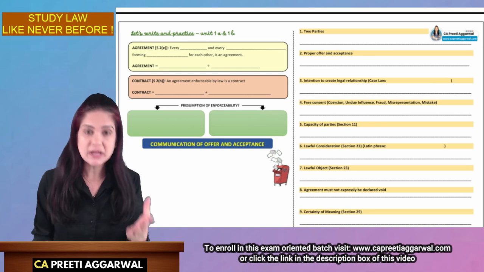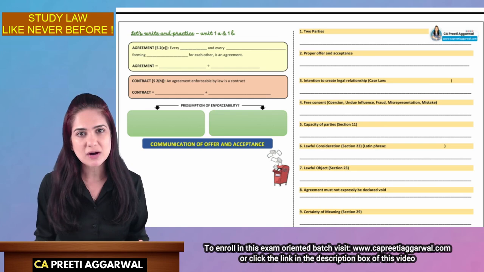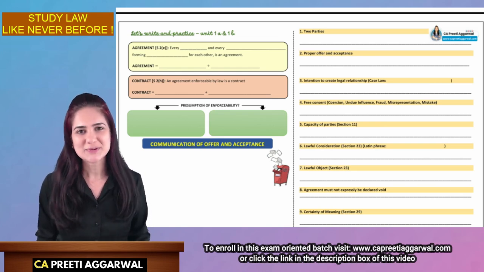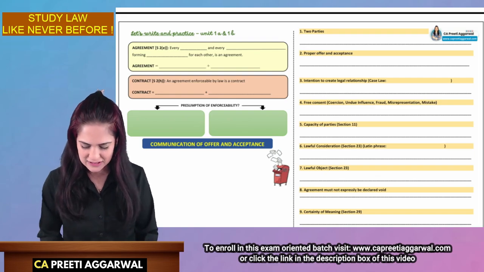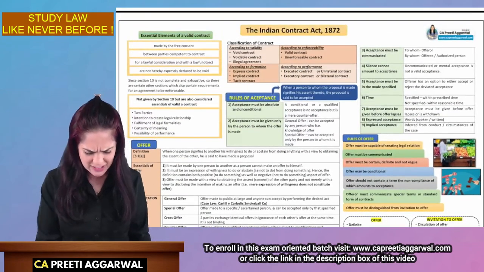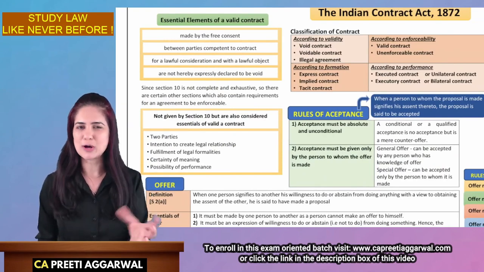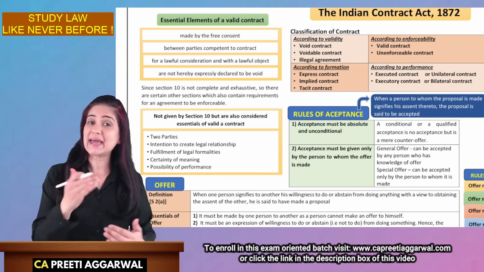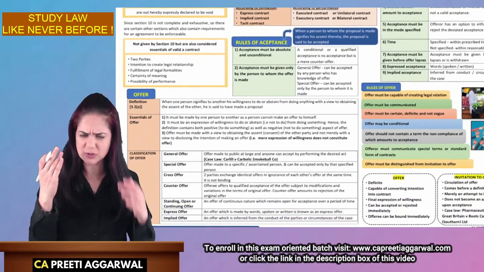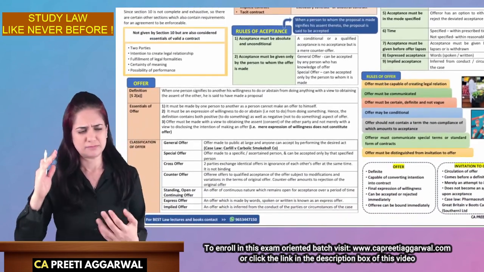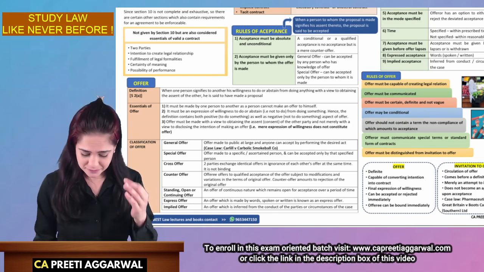Is it even possible? Yes, one of our students got 90 marks in CA Foundation Law. If he can do it, so can you. Yes? Okay. Come on. With this spirit, let us write and practice the essential elements. Ma'am, aren't we going to revise? So we are not going to revise because it's a very small chapter. It's a very small part, essential elements. From my next session, I will start revising the concepts properly, wherein we discuss what is offer, what are the rules of offer, types of offer, lapse of offer, everything we will revise properly.